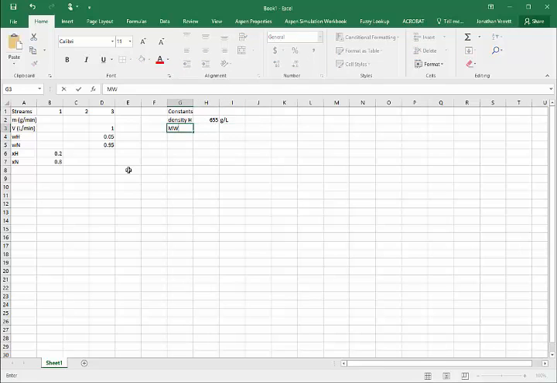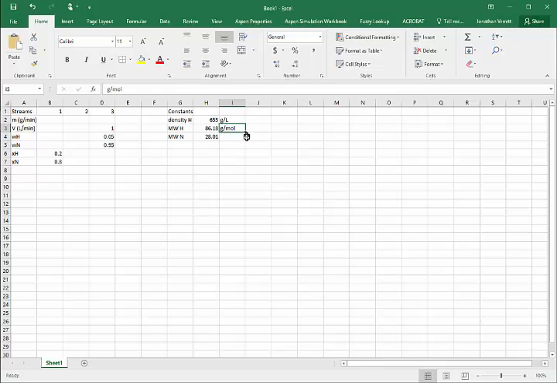And then I also need the molecular weight of hexane and molecular weight of nitrogen eventually. And so the molecular weight of hexane is 86.18 grams per mole, and the molecular weight of nitrogen, 28.01 grams per mole. Now when you're working in Excel, one other trick you can take advantage of is if